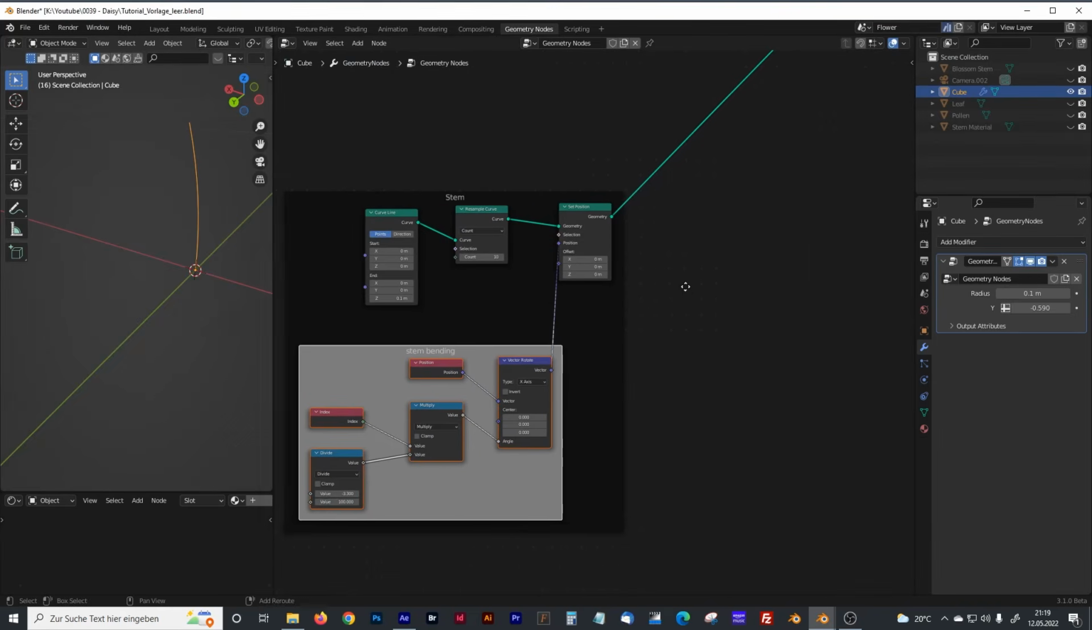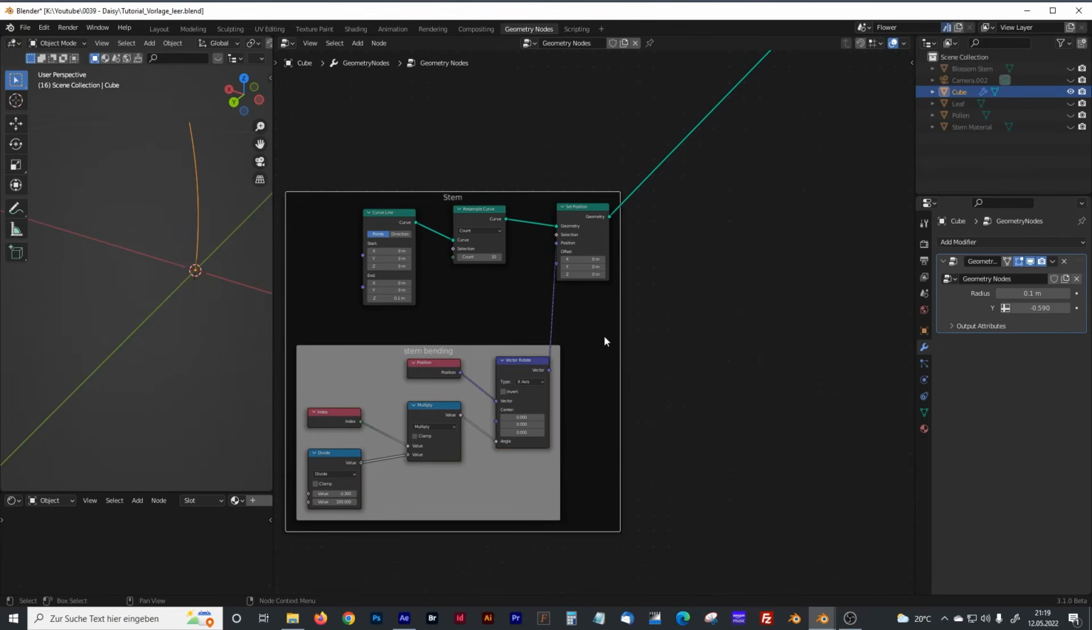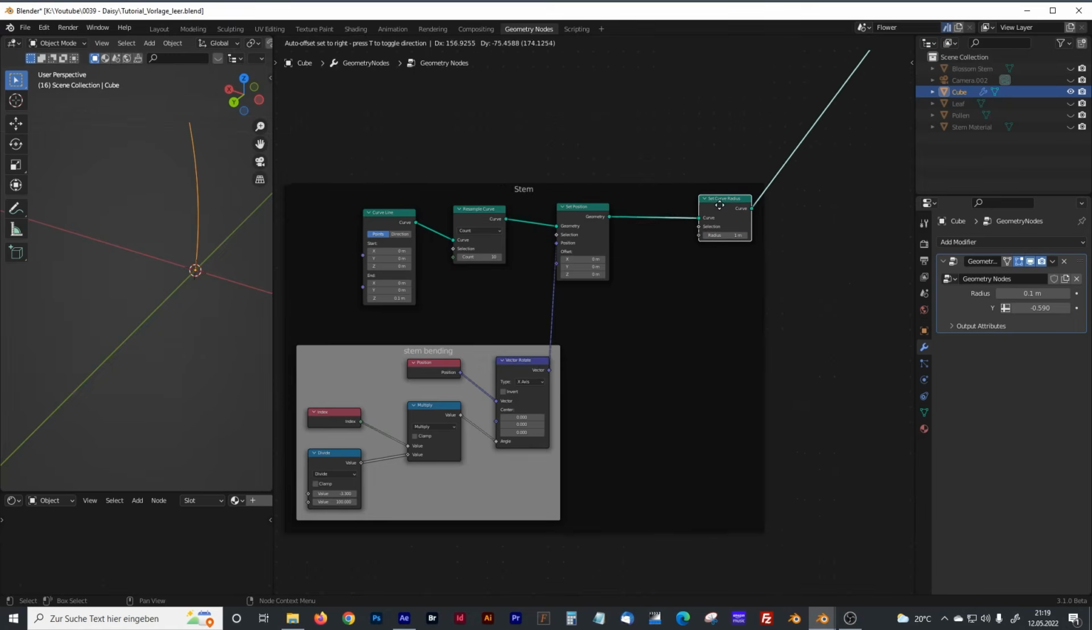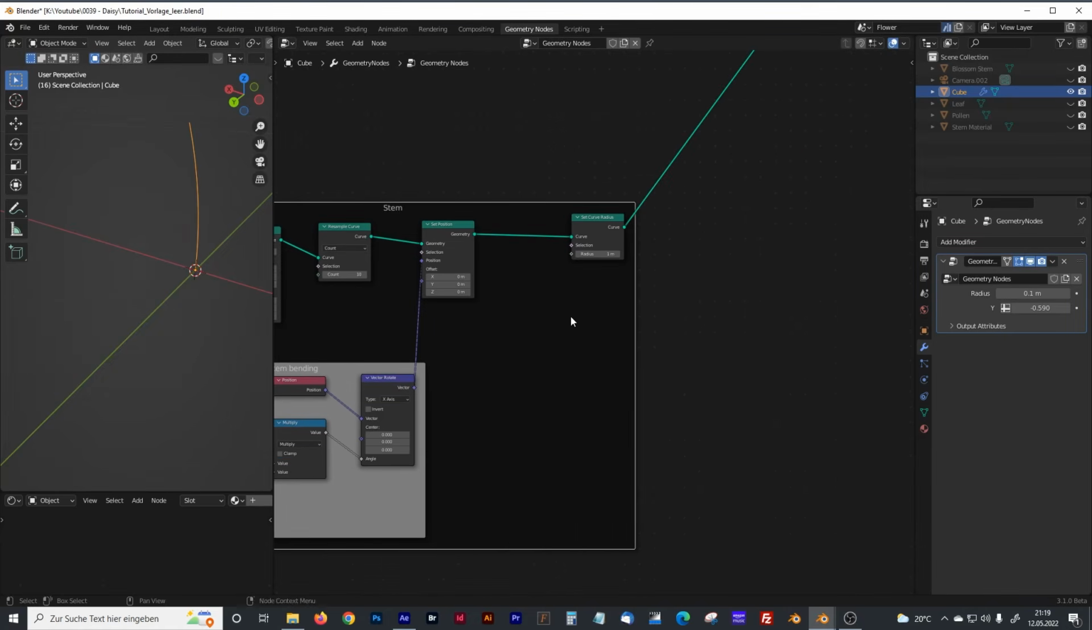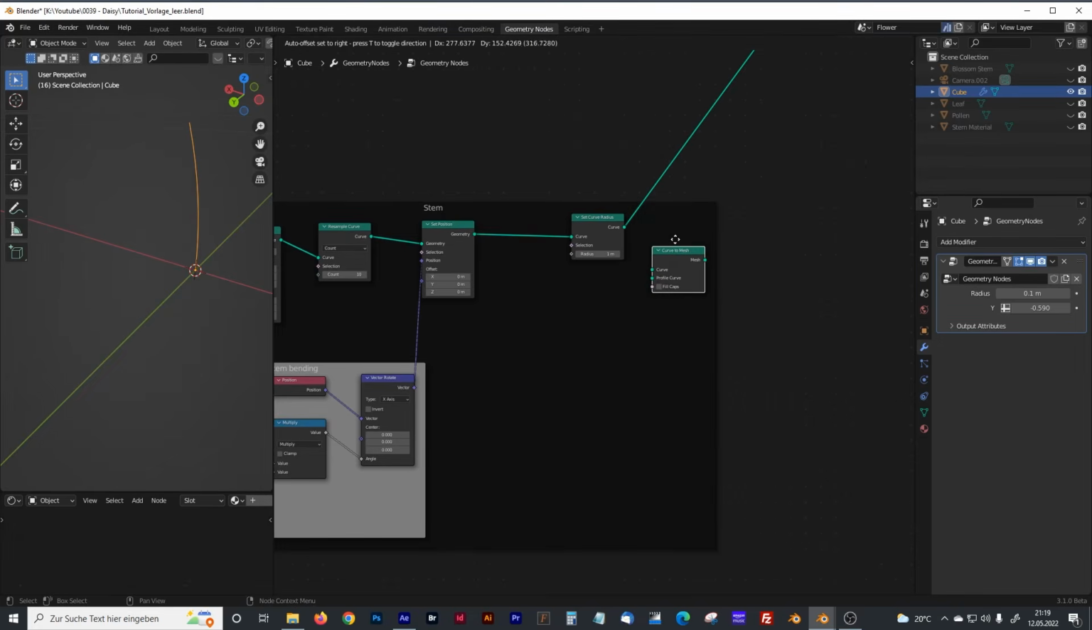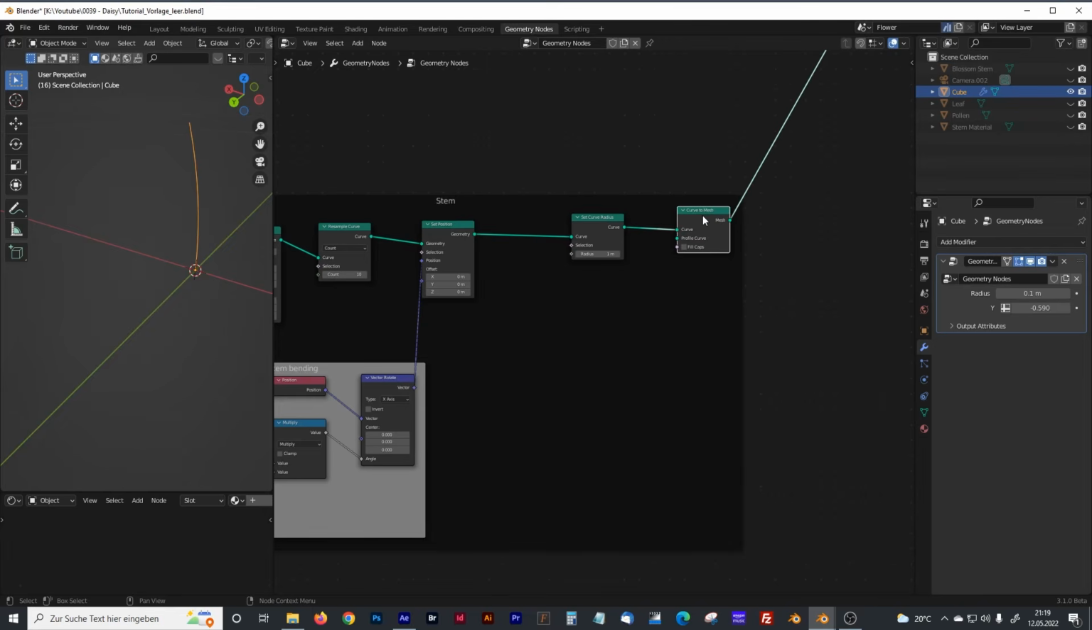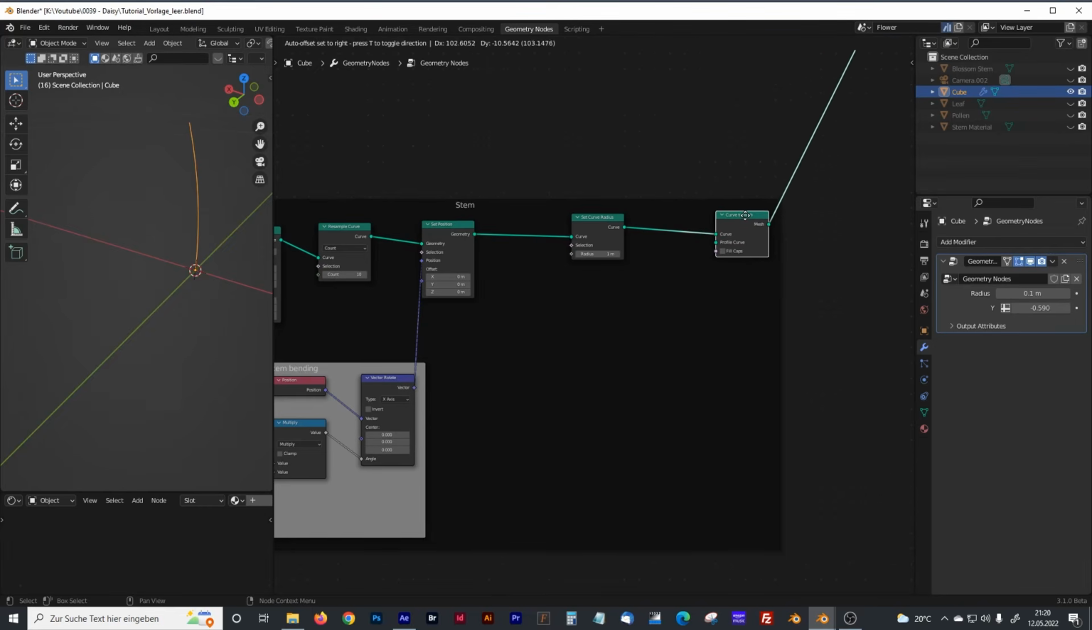So now let's move on to the thickness of our stem, and to do that we will need, of course, a set curve radius node. First of all, set curve radius node, and we will need a curve to mesh node. Curve to mesh node. So first of all let's give it a thickness so that we have some visual control about what's going on,